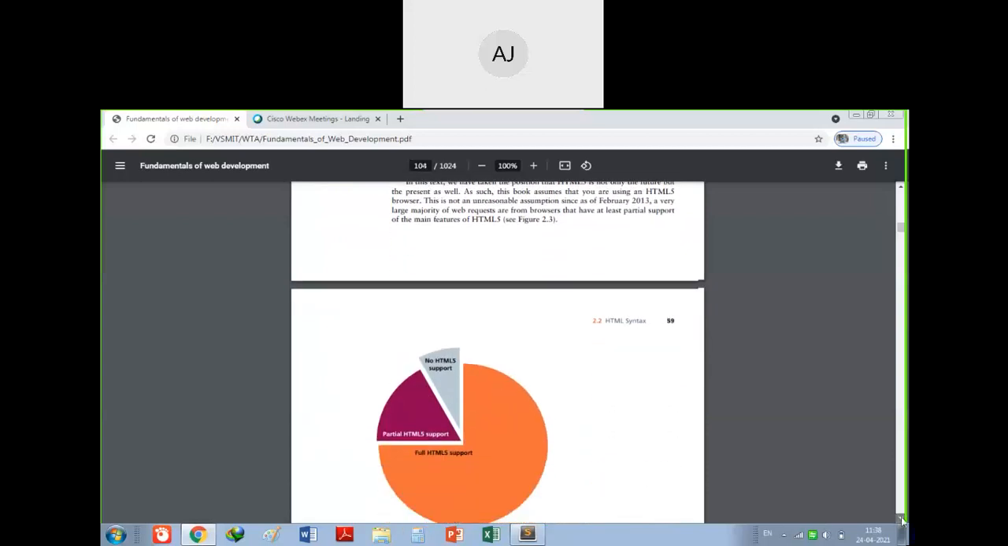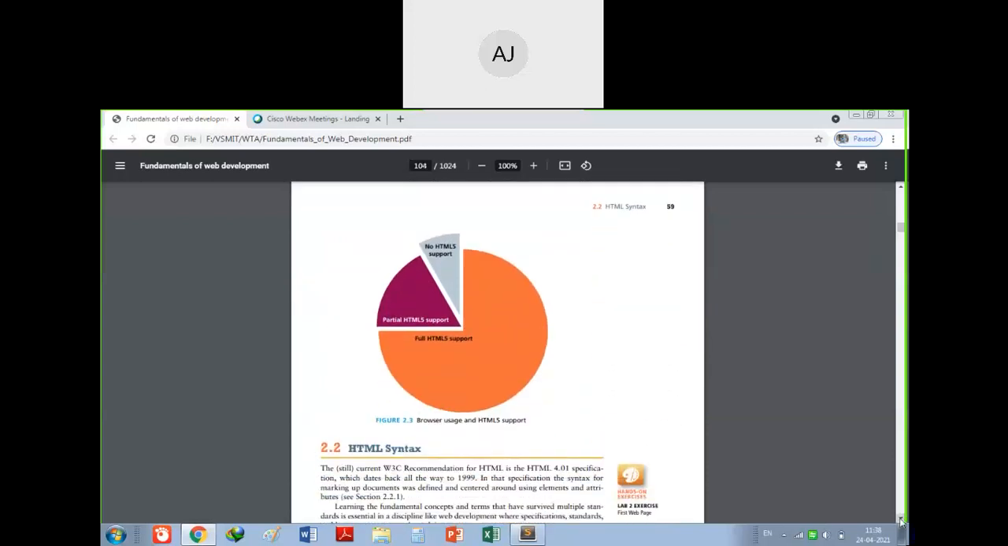Then this is one of the charts they have shown of how browsers are used. So you can see almost 75% of browsers are supporting HTML5. Now except Microsoft Internet Explorer, almost all browsers are supporting this HTML5. Okay, Google Chrome is there, Mozilla Firefox, Safari, even Opera is there. So many browsers are there, they are supporting this